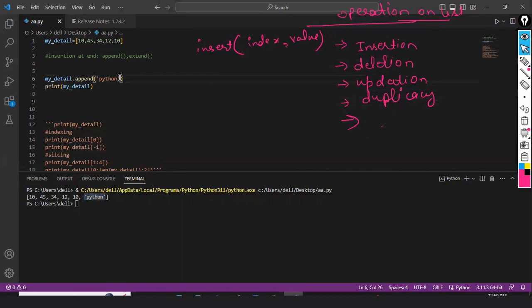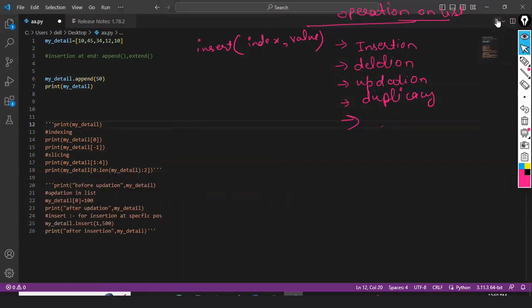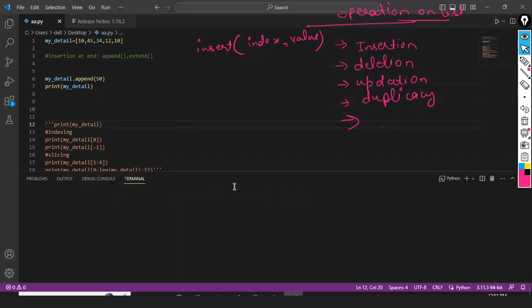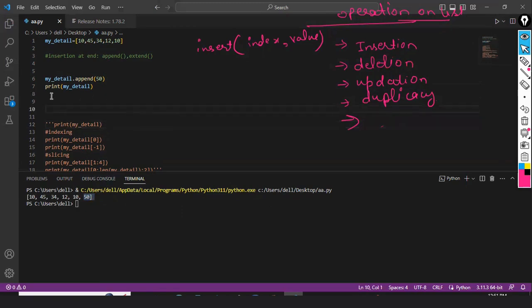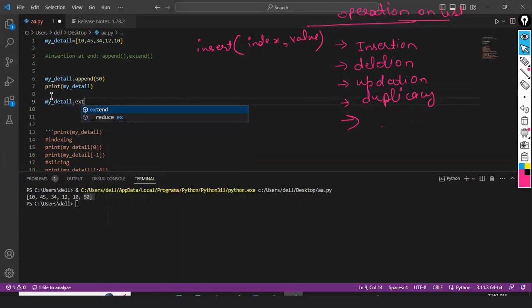Similarly, this was the string value, so append can work on string values. But if I enter a value as 50, that is an integer based value, let's see, does append work with integer also? Let's run the file. Yeah, append works with both values, either integer or string based value. Now let's check for extend also. So my detail dot extend,